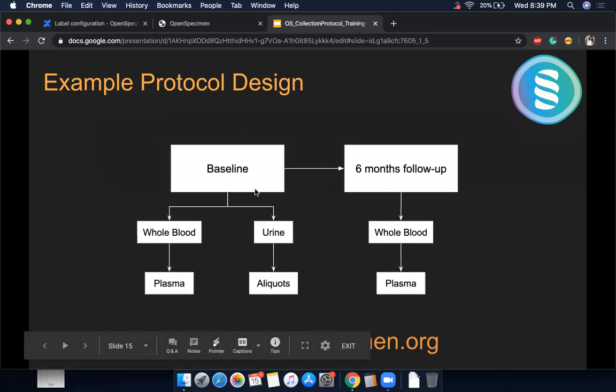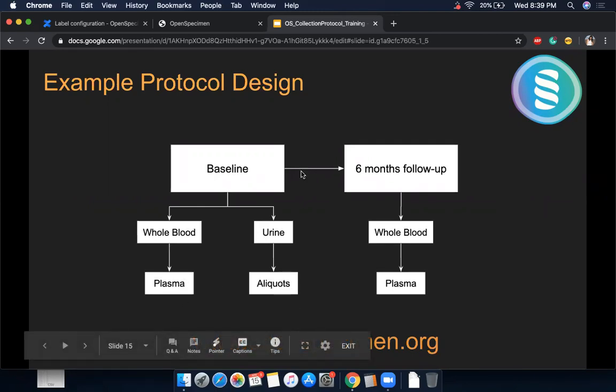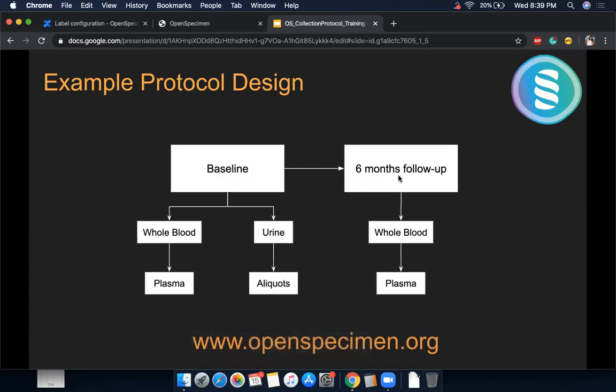In this particular example, I have a baseline visit when the patient comes in and I withdraw blood and some urine, and I'm going to process them into plasma aliquots and urine aliquots. And I plan to do a 6-month follow-up for the same patient, where again I'm going to draw some more blood, which I'm going to process into plasma. This is a very simple design I'm just taking for the training, but you might have multiple time points like this and multiple specimens that you plan to collect.